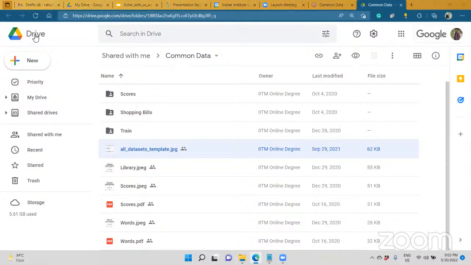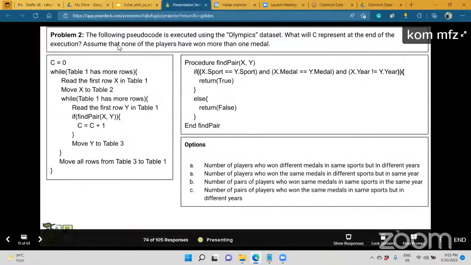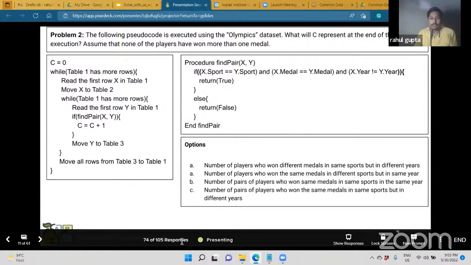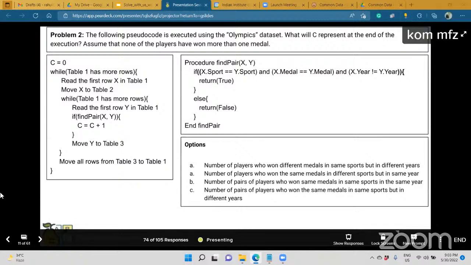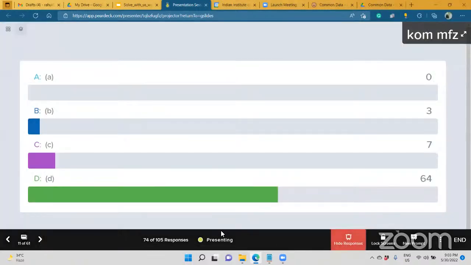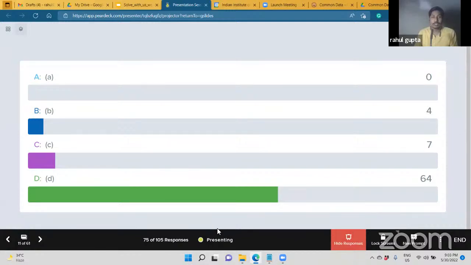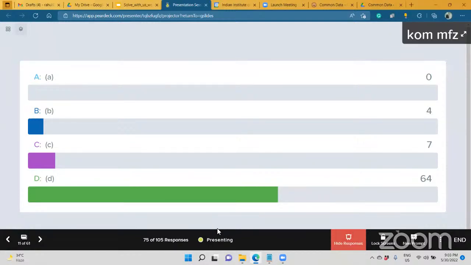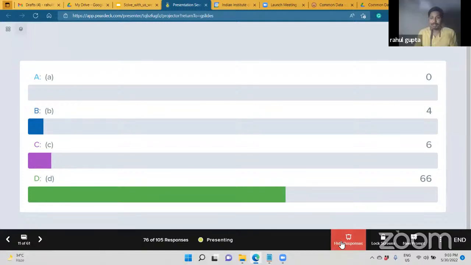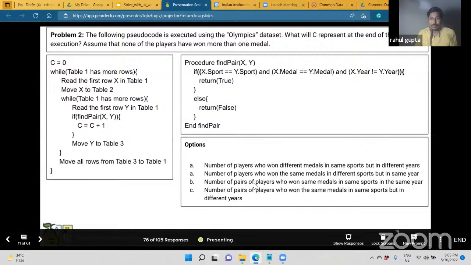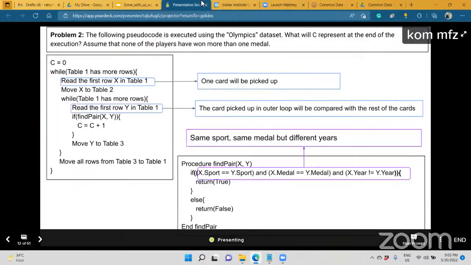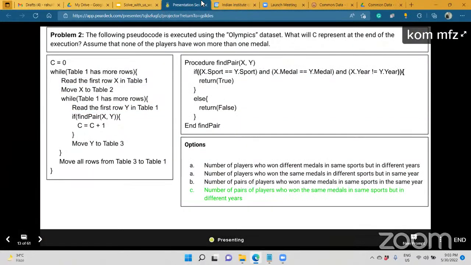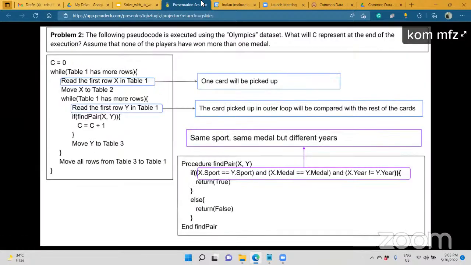We are done with this question, sir. Yes, sir. We're done. We'll see the response. Oh my God! No one has chosen A. B, C. Let me see if D is right or not. I chose the last option. Yes, it is right, sir. The last one is the right option, sir. It is too simple.